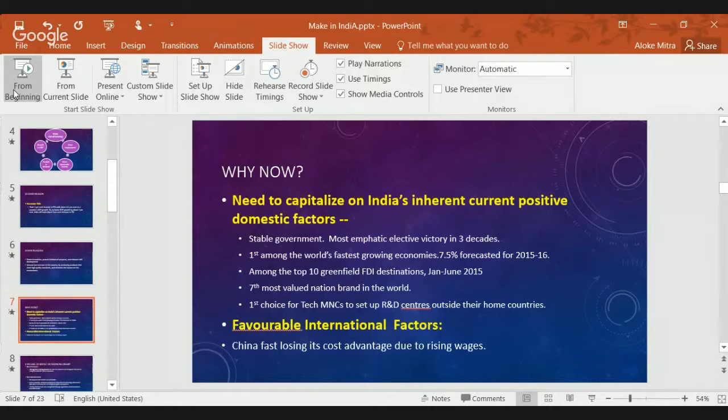These are factors on the domestic front. Now on the international side, China seems to be fast losing its cost advantage due to rising wages. Apparently, it has seen a roughly 200% increase in productivity adjusted labor costs. Besides, the Chinese currency appreciated by more than 10% in the last 5 years, forcing it to devalue the yuan in 2015 to increase its export competitiveness. So India now, it is the right time for